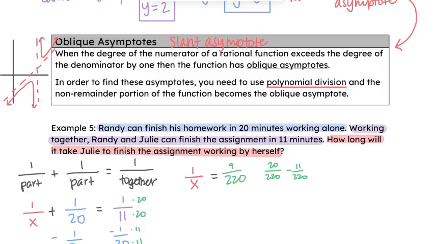And then we can cross multiply, top times bottom and top times bottom. So x times 9 is going to give me 9x, and it's going to equal 1 times 220, which is just 220. Then I can divide both sides by 9, and I get down to x is equal to, generally we don't talk about time in fractions, so we wouldn't necessarily leave it as 220 over 9. We can change it to a decimal. For this one, we'll round it to 2 decimal places, so